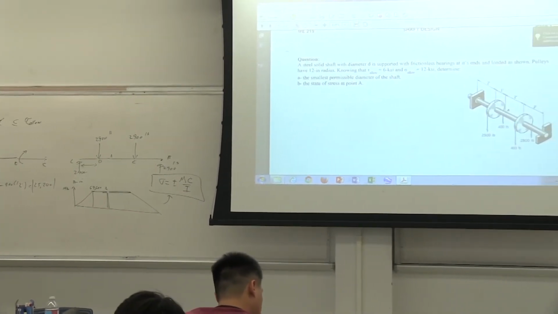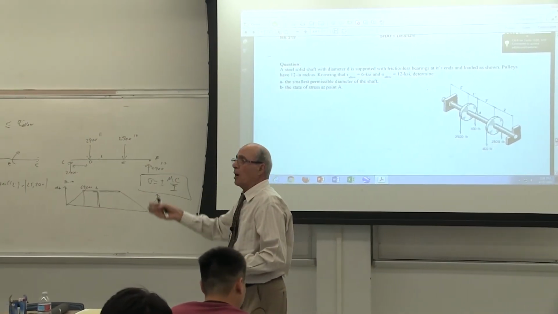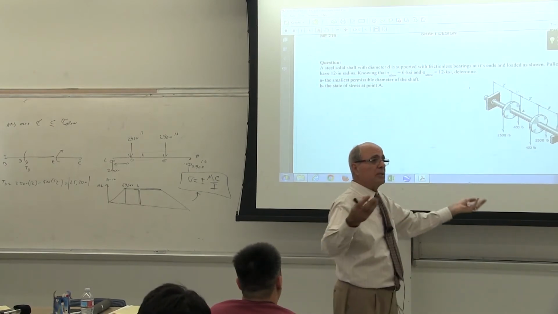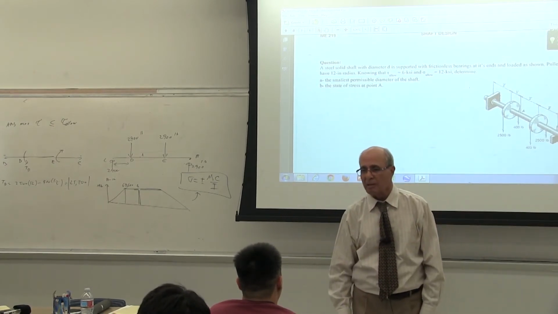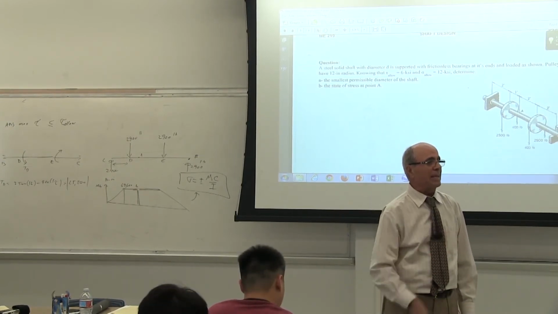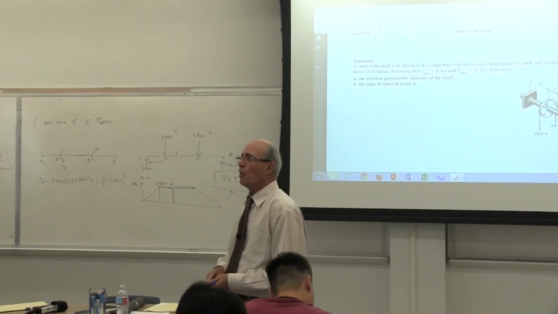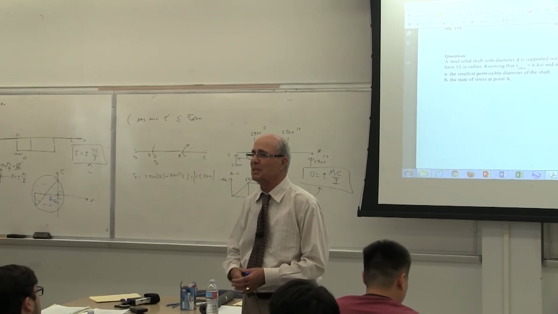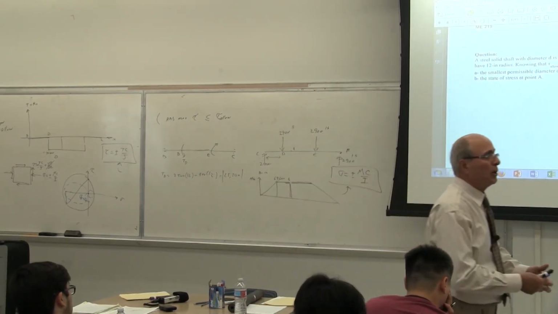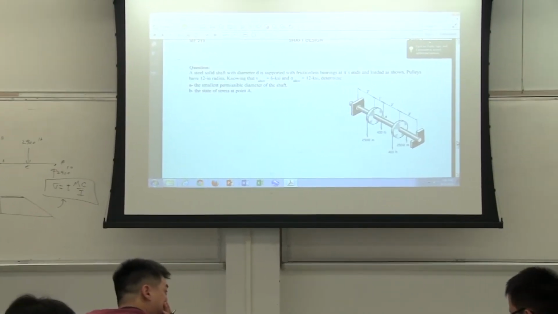Look, you decide on 1 inch, you go forward with all this calculation, and your maximum tau comes to 2000 psi, your allowable is 6000. This is too big, is that correct or not? You choose too small, tau becomes too large, is that correct or not? I explained that last time. So you have to go back and forth, keep changing the size until you get the one that makes everybody happy. Everybody happy is the balanced design, is that correct? You cannot make it too big or too small. Too small is going to break immediately, yes or no? Too big is going to be costly, correct or not?